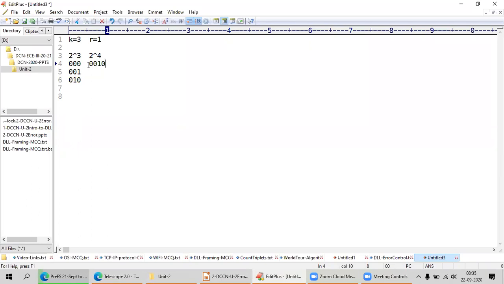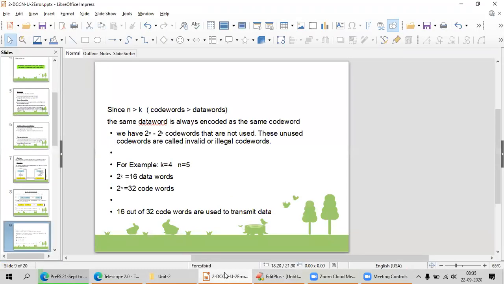I add the parity bit at the last but one position, and I send 0010 every time. The receiver also knows about that.